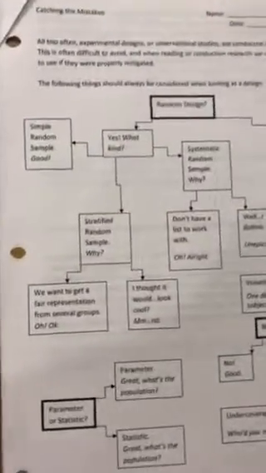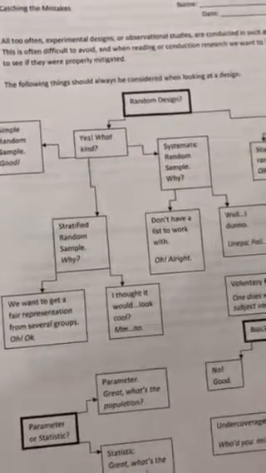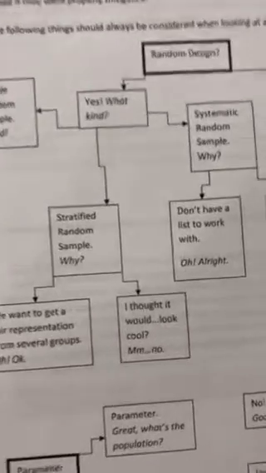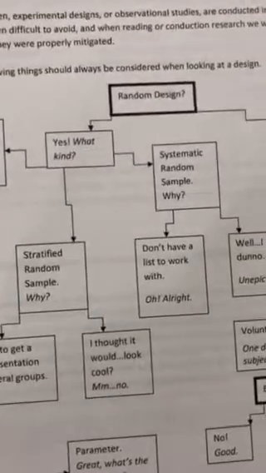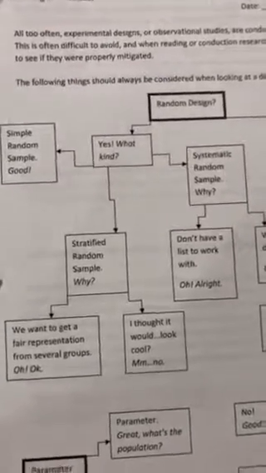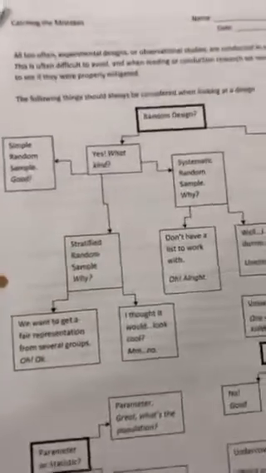So over here, we can take this back to here. There are three types of sampling. There's a simple random sample, there's a stratified random sample, and there's a systematic random sample. These could all be used in any study, so those are just three kinds that they could use.